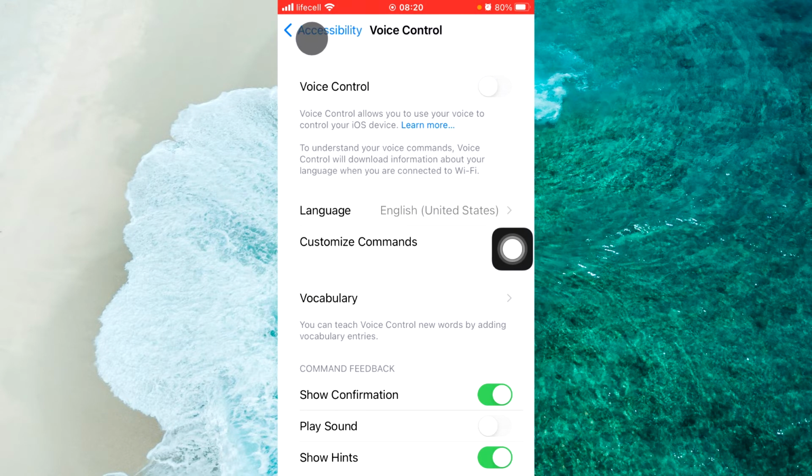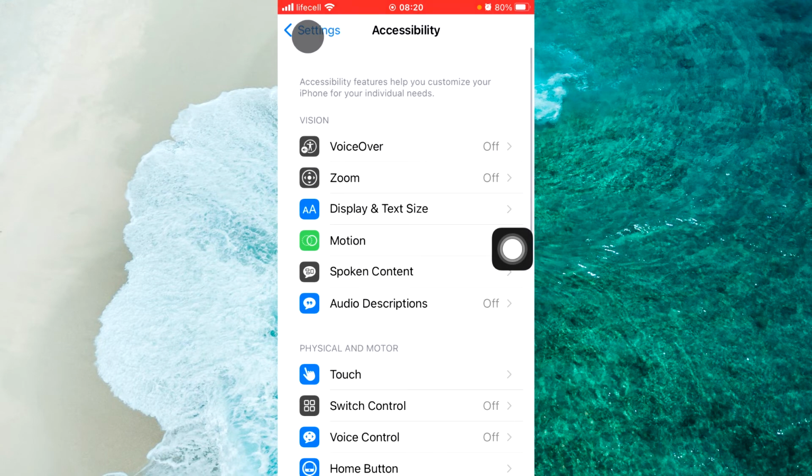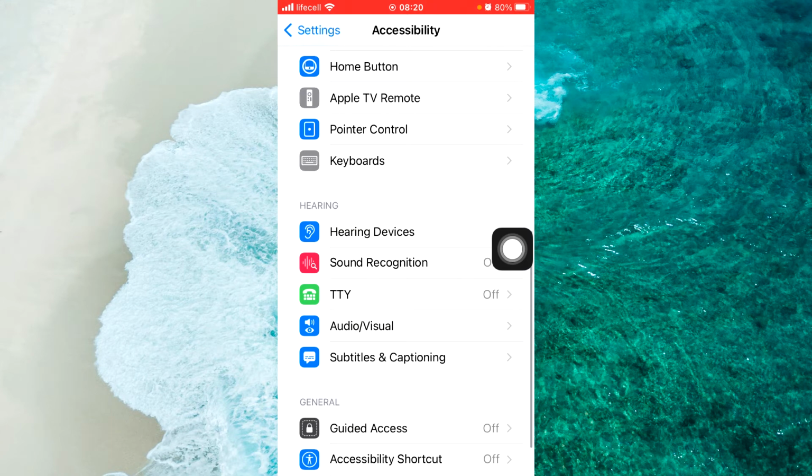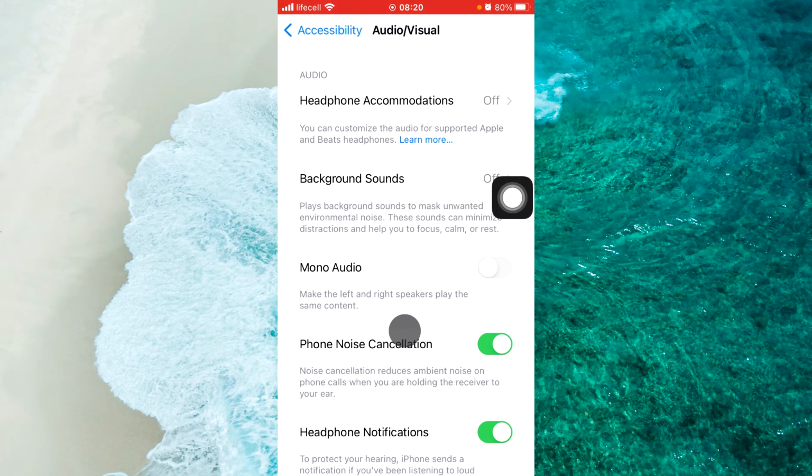Alright. Next step, go back to accessibility and scroll down. Here you will see audio and visual. Proceed to audio and visual and here you will see it says phone noise cancellation. Just swipe the slider to the left side, disable this option and again you should turn off and turn on